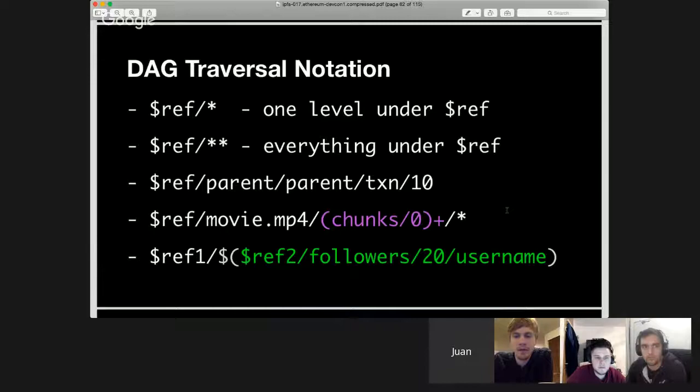The last one is where you might consider embedding expressions within another one, right? You could first do a selection on one graph and pull out a value from that graph, and then use that value for another query. And so if the other node has ref1, ref2, then it can resolve this query entirely and return to you all of the nodes that you need to verify it for yourself, without having to do these RTTs. What we're trying to avoid here at the end of the day is these huge gaps, where if I were to request every single one of these nodes iteratively, I would first have to